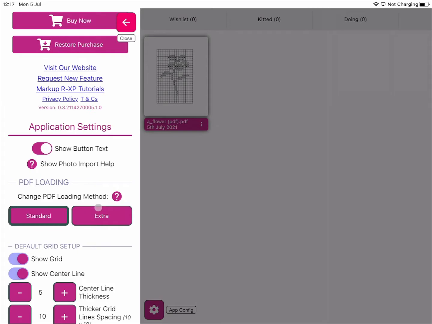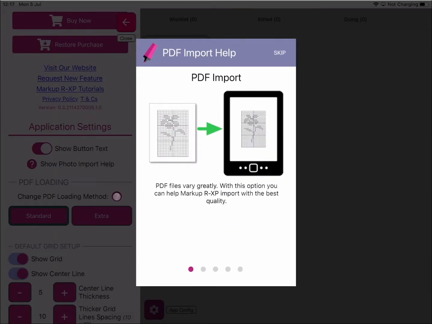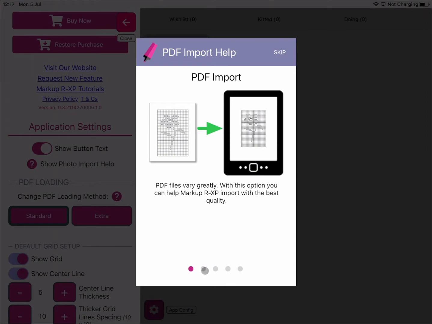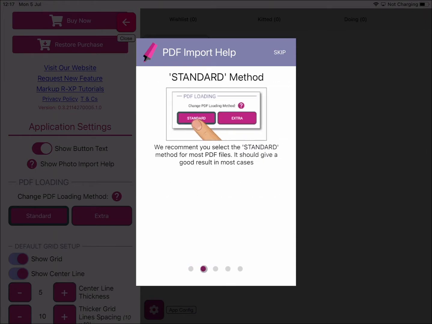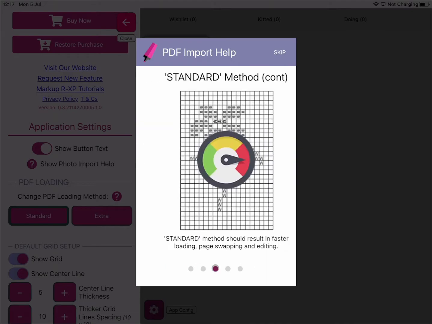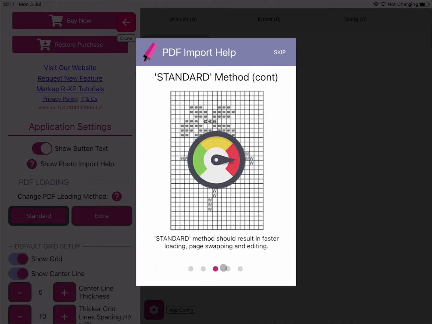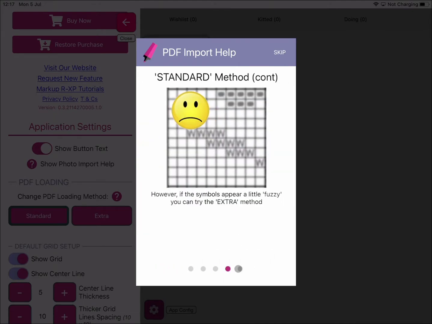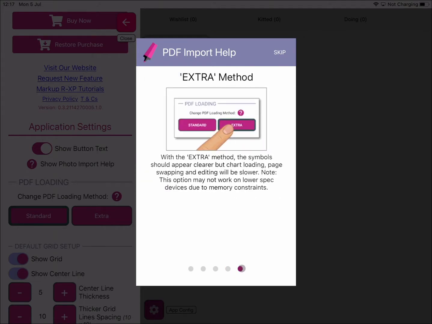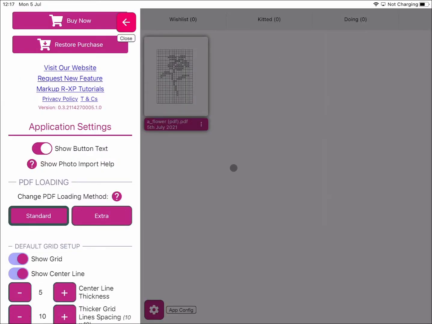And in this release, we've added just another little bit of help, which gives a little bit more information. We recommend that you do go for the standard mode, because things will be faster. But if your symbols are a little bit blurry, then go for the extra method. Just bear in mind that there might be a few issues on lower spec devices due to memory constraints. And this brings us back to the changes that we've made in 0.3.